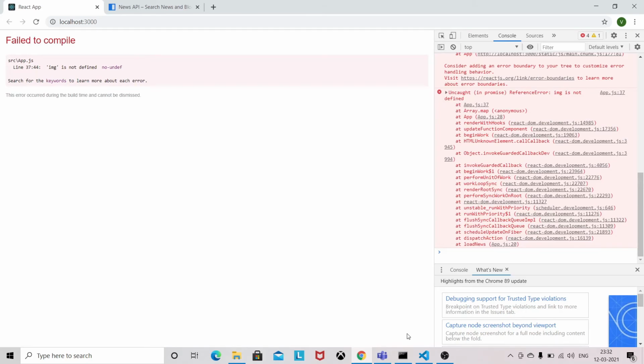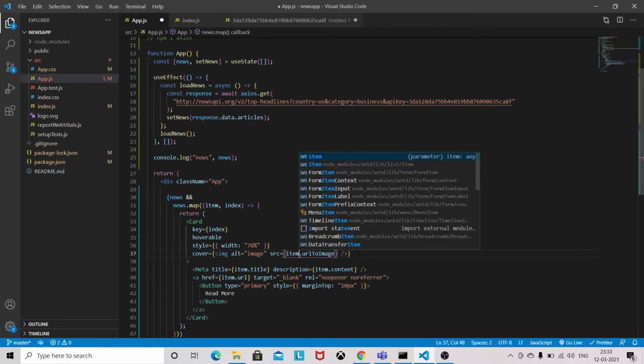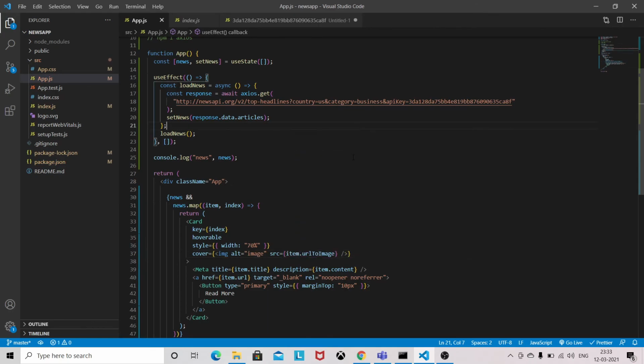Okay, img is not defined. So this one is saying it will be item.img. Okay, now let's see.